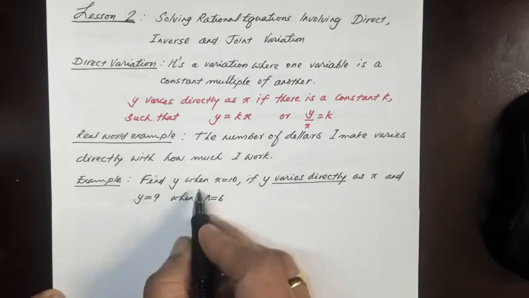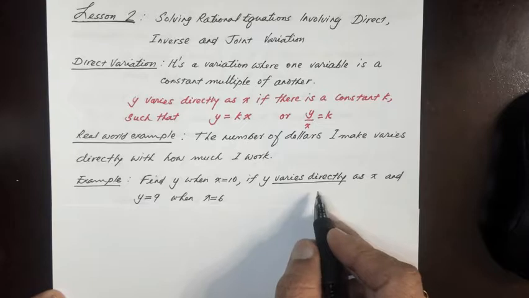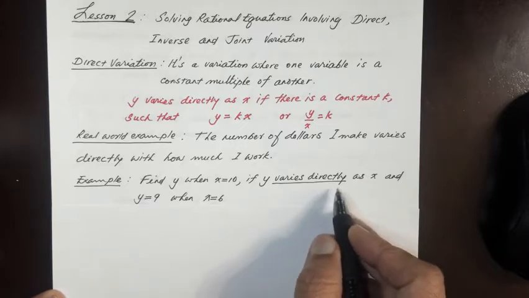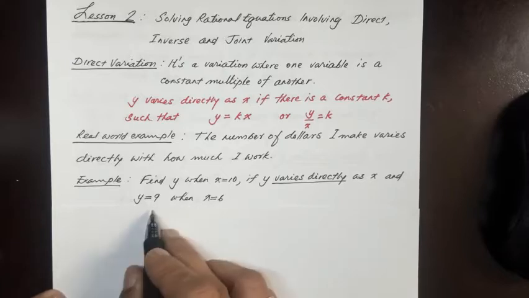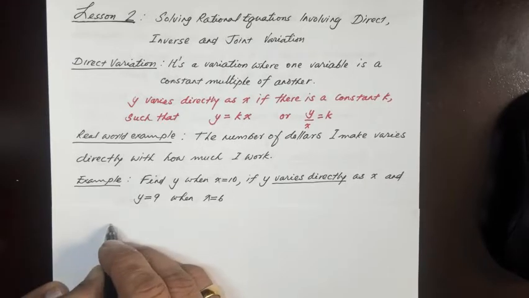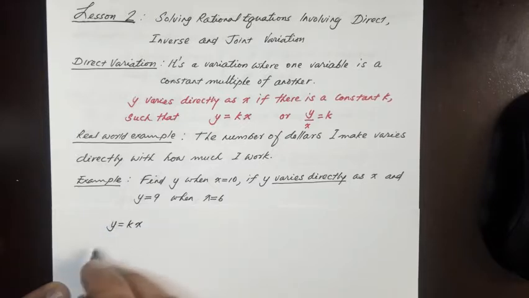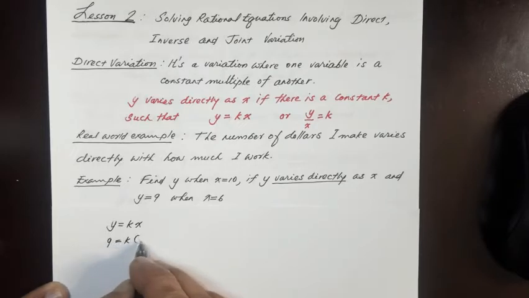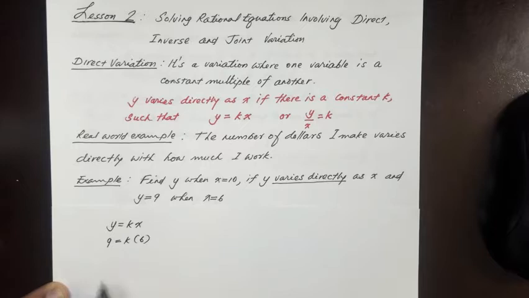Example. Find y when x is equal to 10 if y varies directly as x and y is equal to 9 when x is equal to 6. So x and y are given. We can use the relation y is equal to kx, or 9 is equal to k multiplied by 6, which is given here, or k is equal to